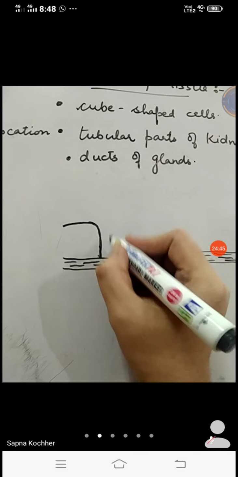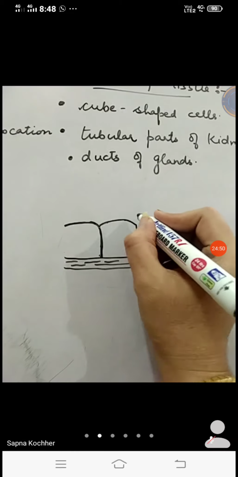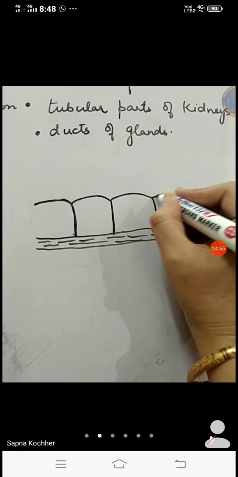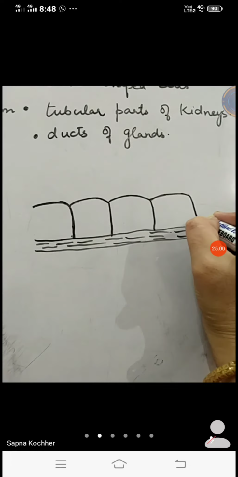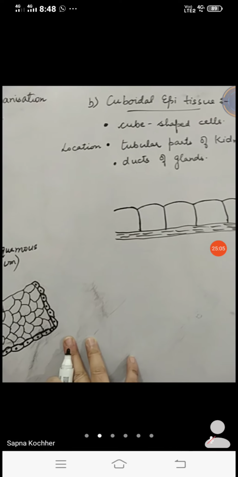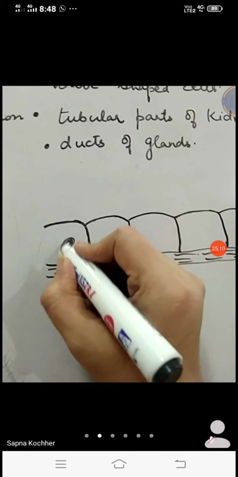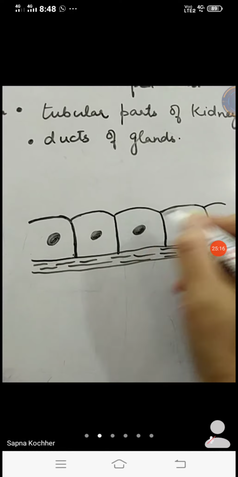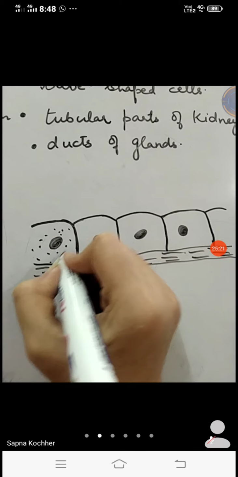Okay. So when you are making it, you have to also provide a rounded upper lining, not appropriately rounded, meaning you don't have to make a proper curve, and it should be as wide as it is long. The cells should also be comparatively bigger as compared to those of the squamous epithelium. The cells should be bigger ones. The nucleus is also very prominent here, that is, it has a big nucleus. Also the cytoplasm, which is found inside the cells.